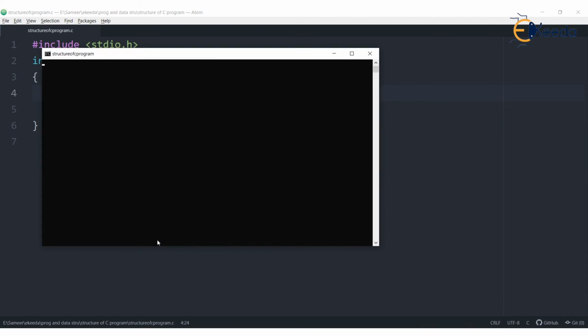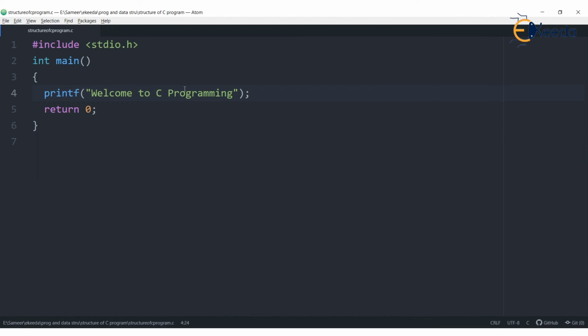And the program will be executed in a new window showing the output in that window. So the output of this program is going to be welcome to C programming. Yeah, that's it. Welcome to C programming. It was a very simple program, having only one printf and printing welcome to C programming. So I hope you will go through this procedure and install Atom and install the other libraries, GPP compiler and MinGW also.